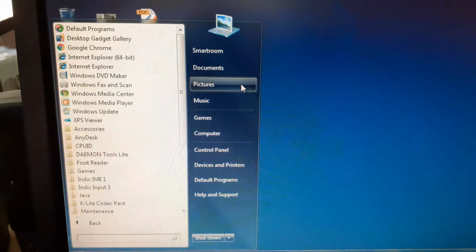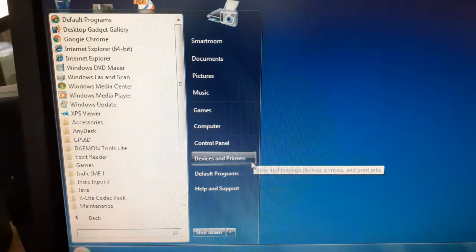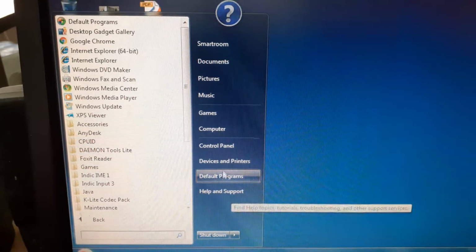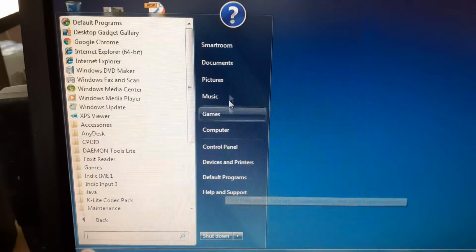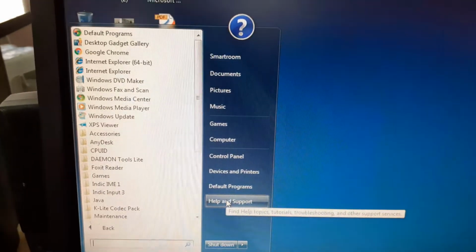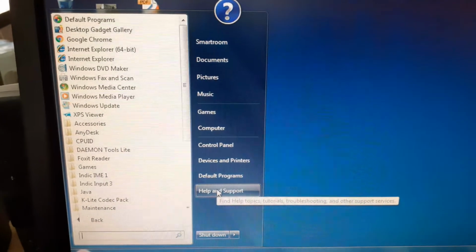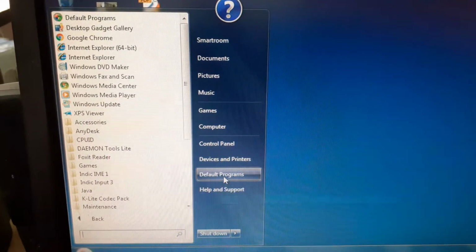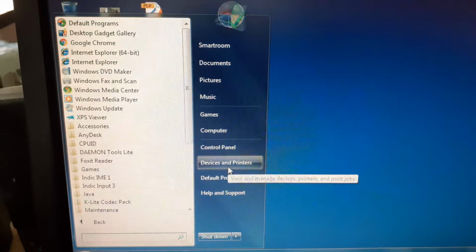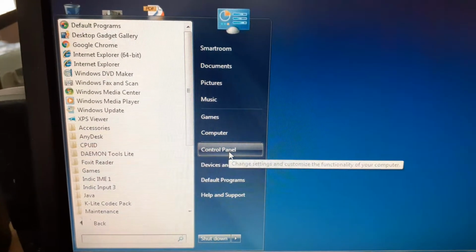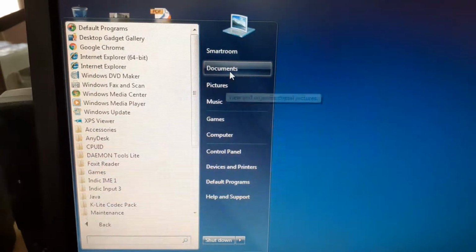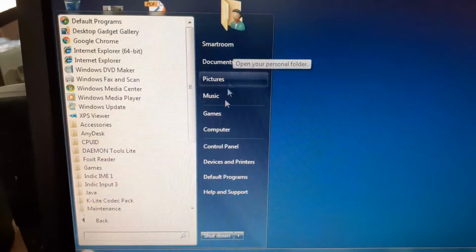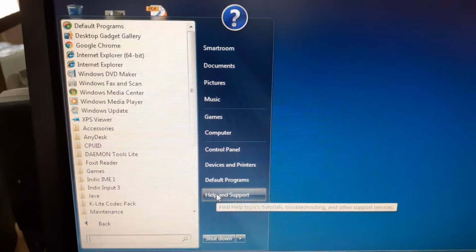Okay, like here these tools are displayed, right children? You will see here default programs, devices and printers, control panel, computer, games, music, pictures, documents, help and support.